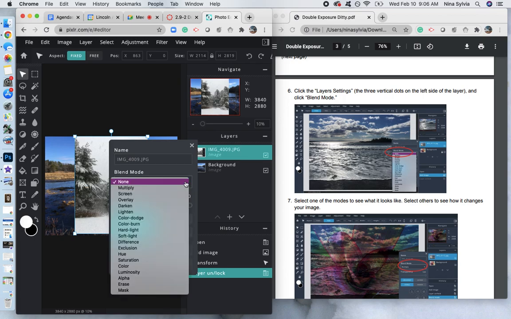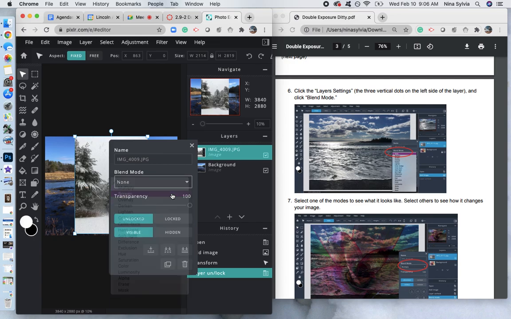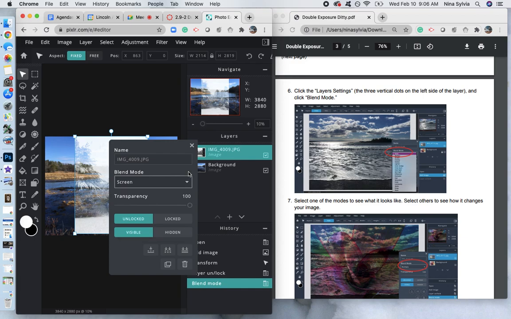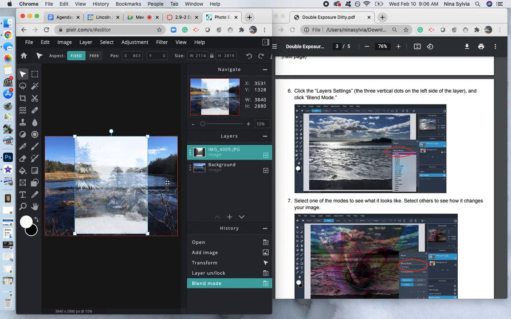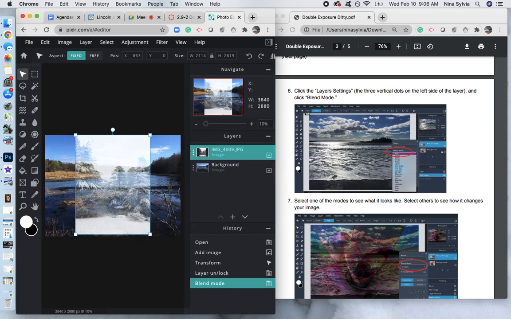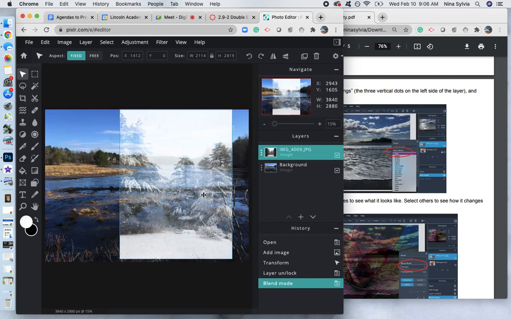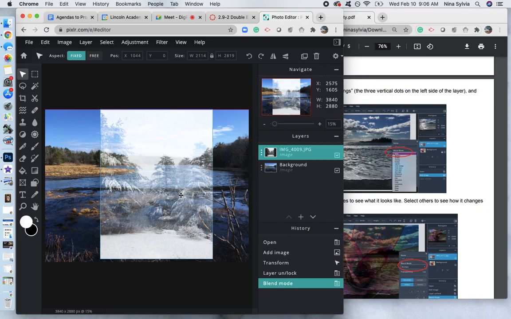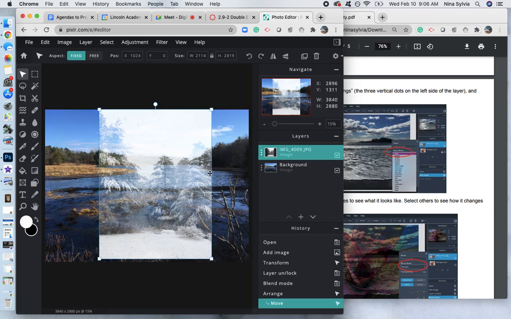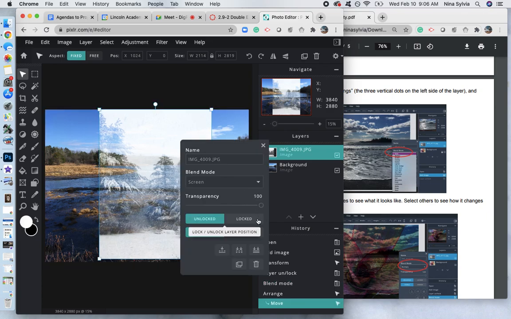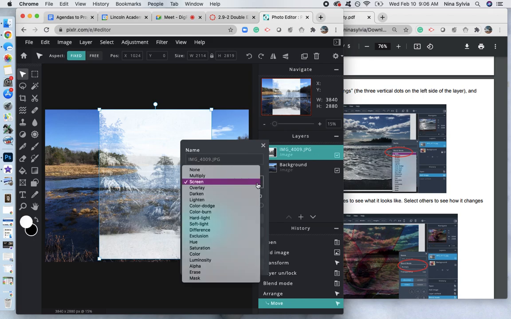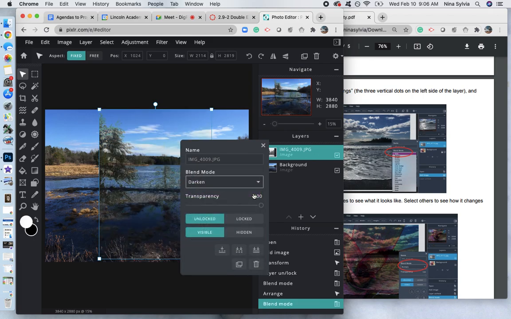And you're going to come down to where it says blend mode, and you're just going to pick one of the modes. So I know from experience that screen works beautifully. And so I'm going to open it up a little bit so you can see more of it. So now you can see one image through the other. Now, because my top image is very white, I might try a couple of different versions of it, like there's darken. But